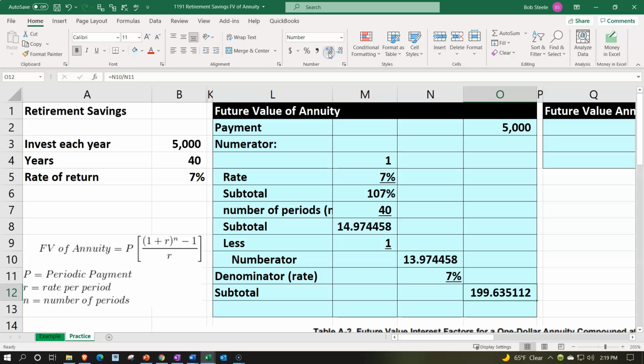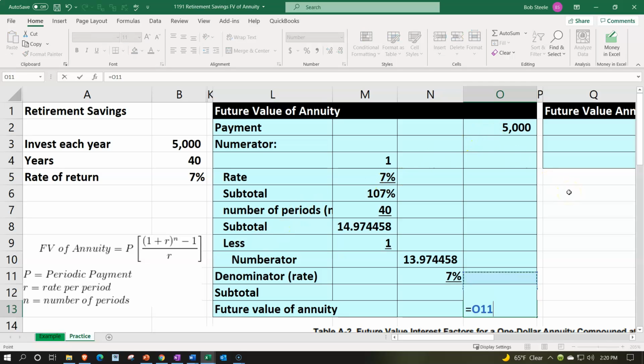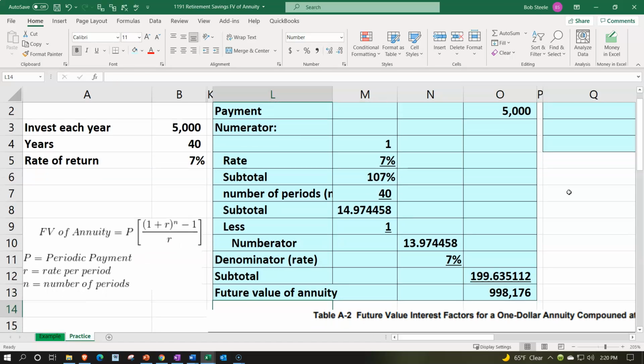decimalizing it, and then underline, font group, and underline, and that'll finally give us the future value, which will be this times this, or the outer column now, only doing things in one column at a time, the 5,000 times that 199.63 whatever, and so on. Let's add a couple decimals here by going to the Home tab, number, couple decimals, so